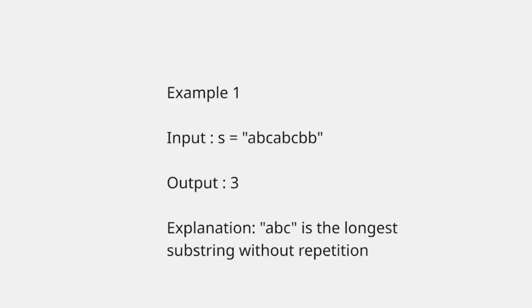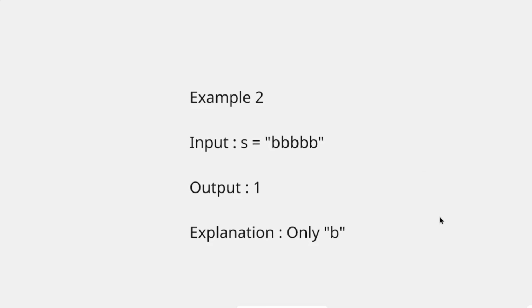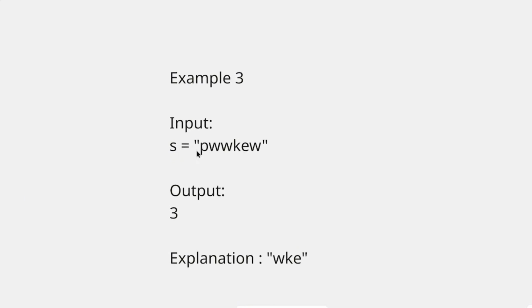So let's see the next examples. In example 2, we have BBBBB. The whole string contains only B. So our output is only 1, because we have only one character, that is B. In example 3, we have